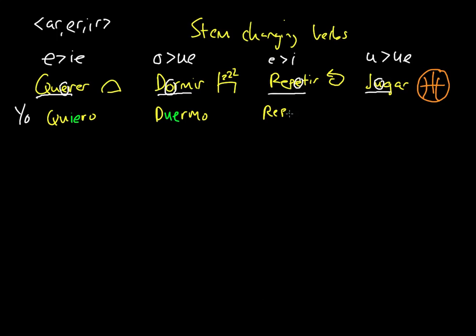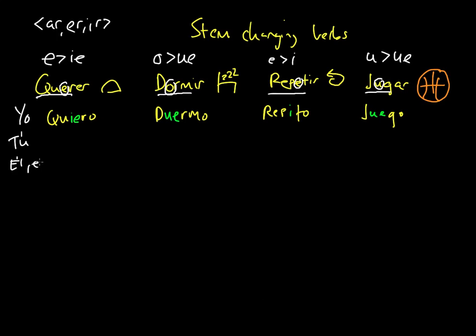Now we're going to take into account the stem change, which is I. And we will finish this verb. So we have repito. And the last verb, jugar. Now we're going to take into account the stem change, UE, and finally we're going to finish this last verb, juego. Okay? So these stem changes are true in the yo form, the tu form,